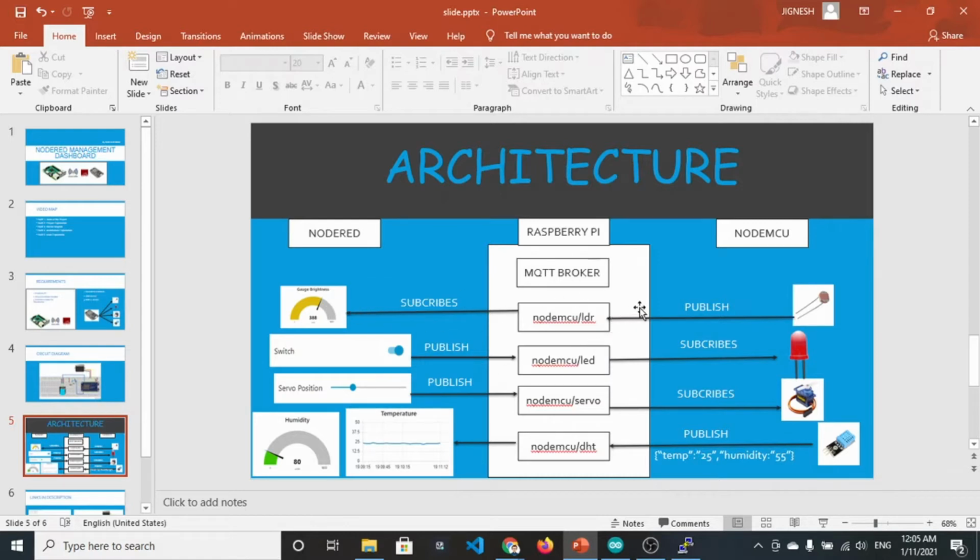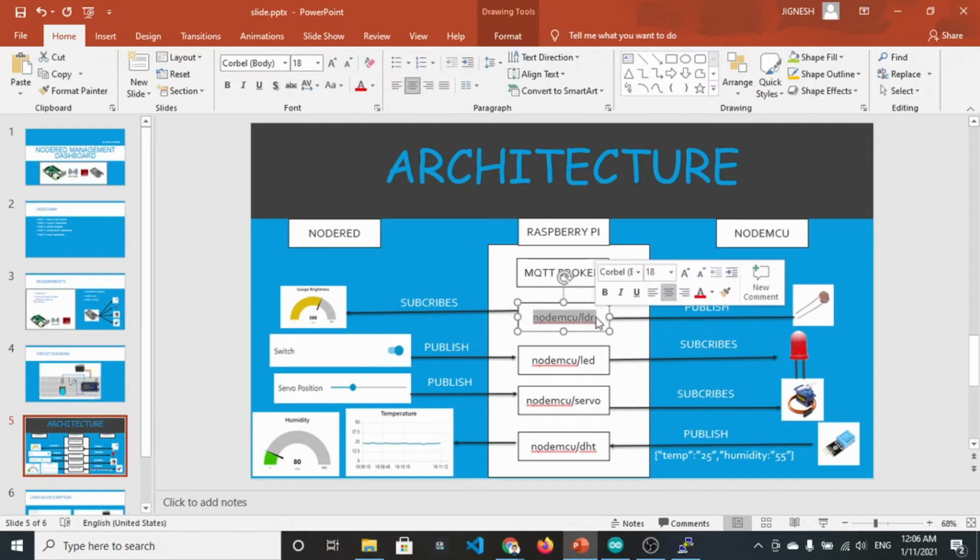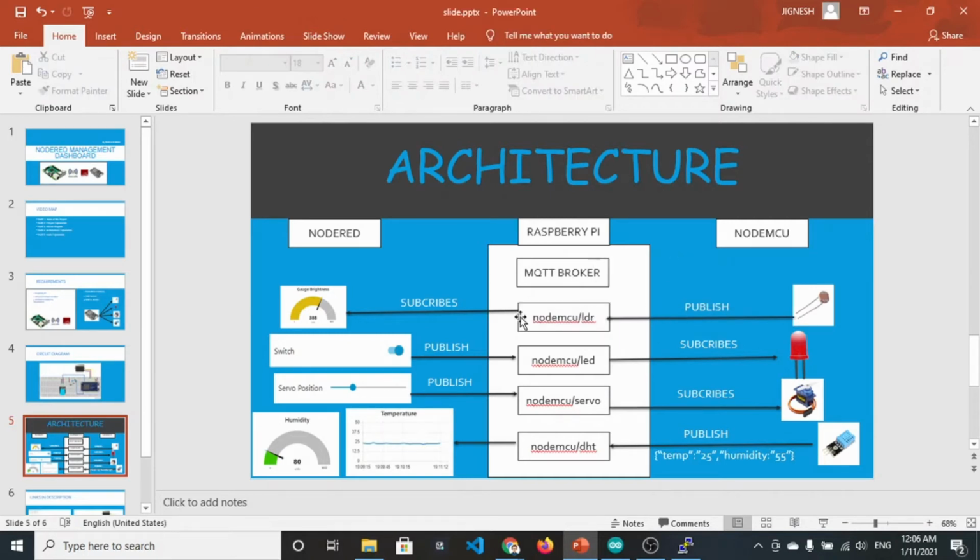So in MQTT architecture, we have the concepts of publish and subscription. We need to subscribe to a topic on which we want to receive the data, and someone from another client who knows this topic name can easily send data, and we will receive it. So our only work is to subscribe to the topic on which we want to receive the data.